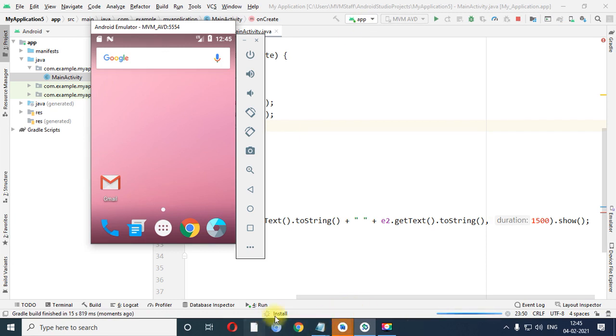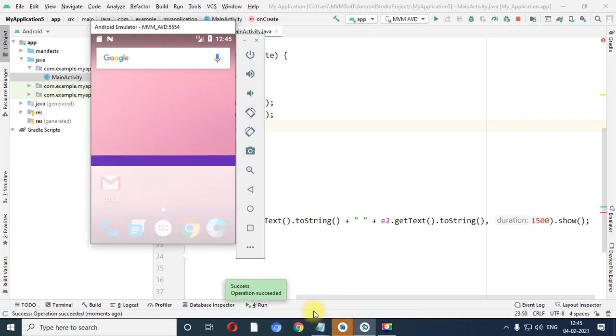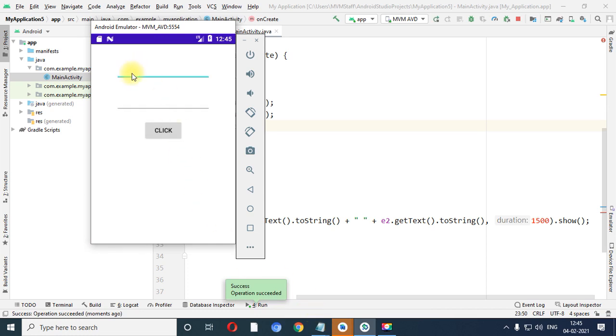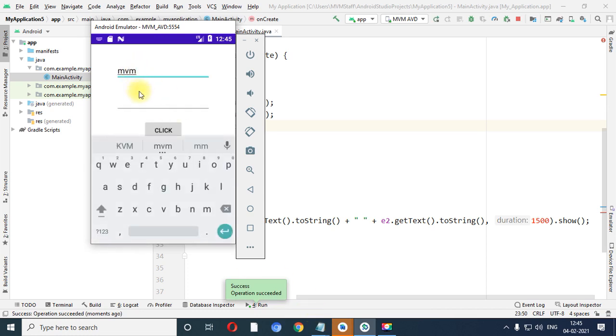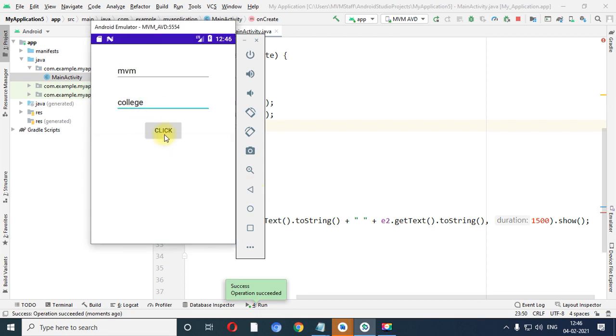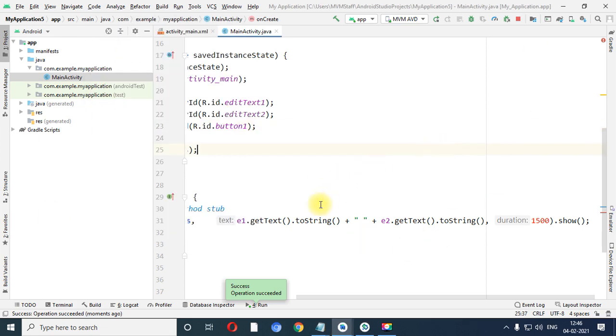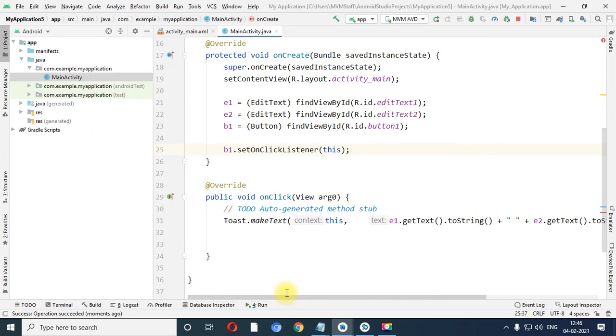Applications are installing, launching activity. Over here let me input MVM, then college, click. MVM college. So in this way you can perform toast, right?